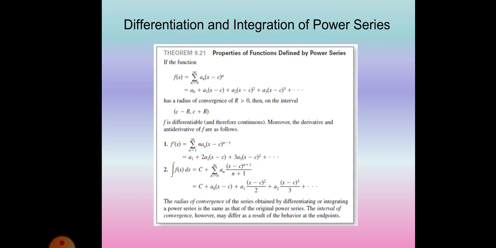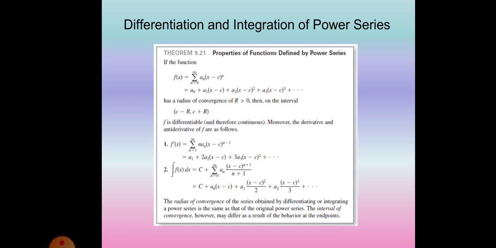Moreover, the derivative and antiderivative of f are as follows. The derivative f prime of x is equal to the summation of n a sub n, quantity of x minus c raised to n minus 1, as n is equal to 1 approaches infinity. We have a sub 1 plus 2a sub 2, quantity of x minus c, plus 3a sub 3, quantity of x minus c squared, and so on. However, the antiderivative would be the integral of f of x dx,